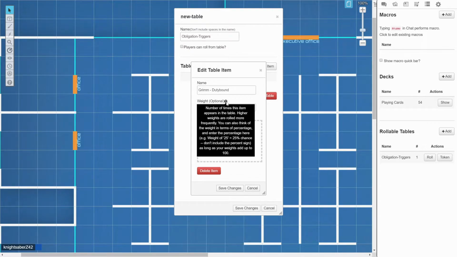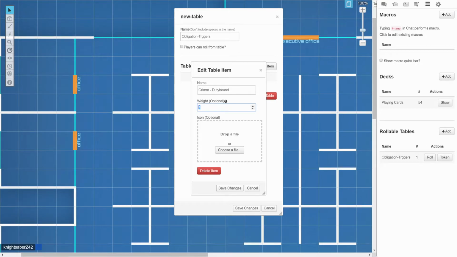If it is higher than your PCs, like when you make the table, if it's higher than the PCs, then nothing will happen, nothing will trigger. But if it's actually within the obligation of all the PCs collected, then it has a chance to trigger somebody's obligation. And then the actual roll, the number of the roll, will dictate whose obligation gets triggered and which obligation. So what we'll do, we're actually gonna put the weight as the value of